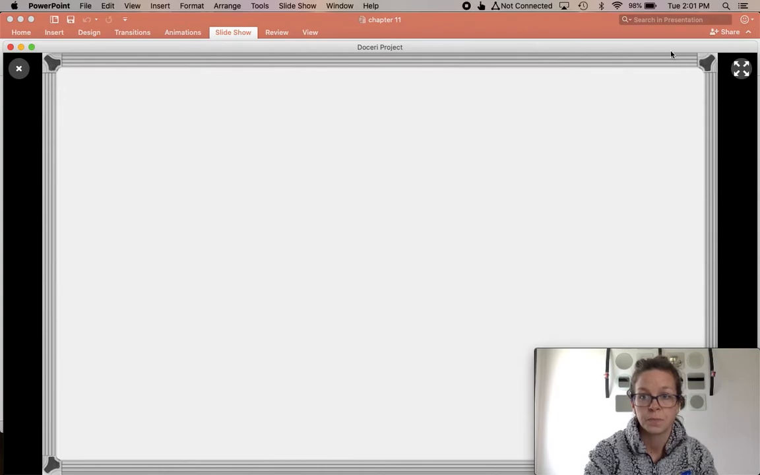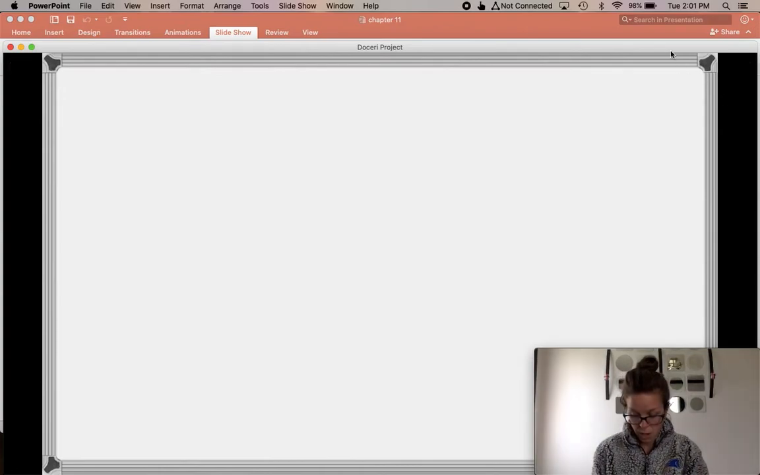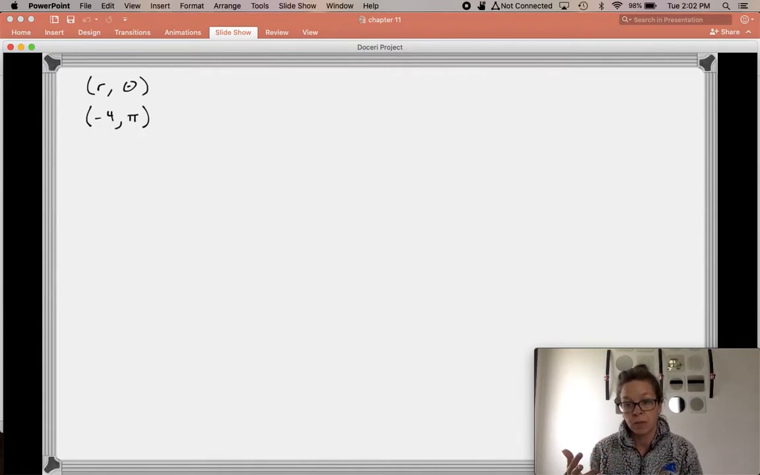All right, so for our first problem, let's look at how we can switch between points of r, theta into a point of x, y. So if I have an r comma theta point defined as -4, pi, I want to turn this into an x comma y point. I'm a really visual person, so I'm going to graph this out. If my theta angle is pi,